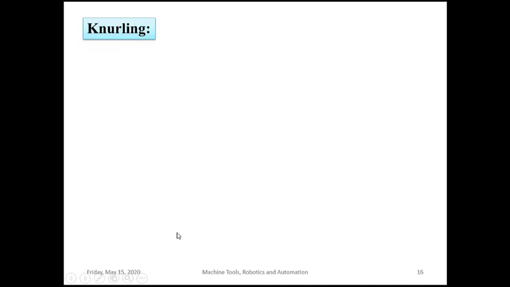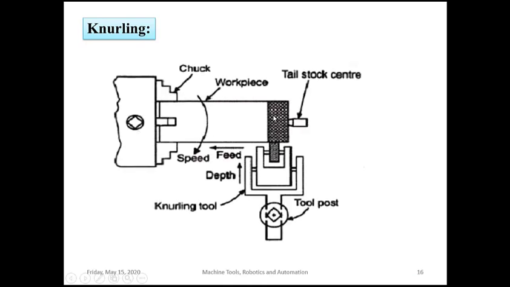Next, after facing, we have the knurling operation. In the knurling operation, you can see here, it is just making or producing impressions on the workpiece. Yes, this is the knurling tool, actually a special tool. This is the diagram you need to write for this knurling operation. This is a work holding device. The workpiece is fixed firmly in this work holding device.